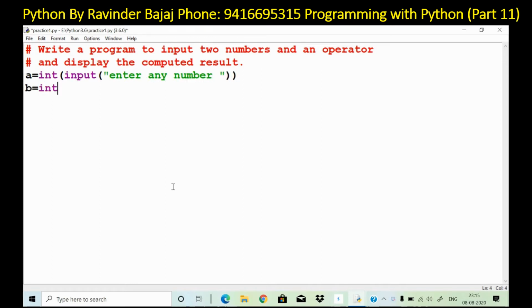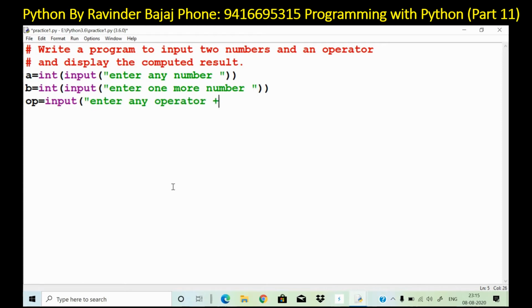So one number we have entered. The second number we will enter in b. So two numbers are entered. Now one operator is required. So op is a variable in which I am entering one operator. The operator will be in the form of a string and it can be plus, minus, multiply, divide, exponent, etc.